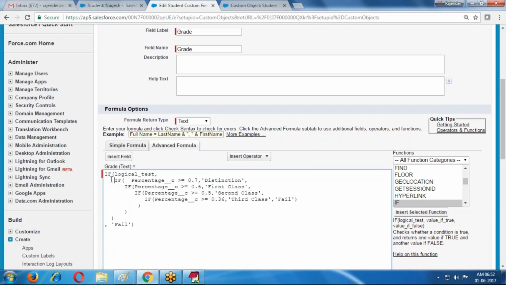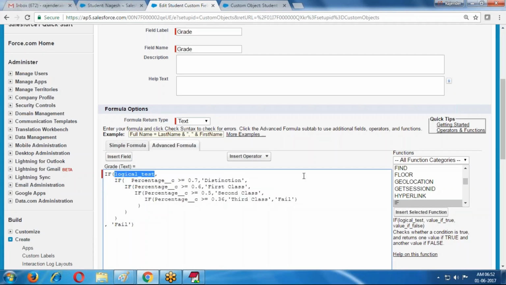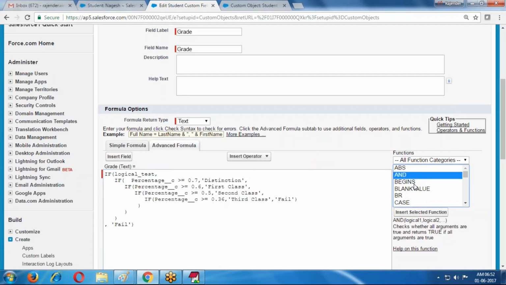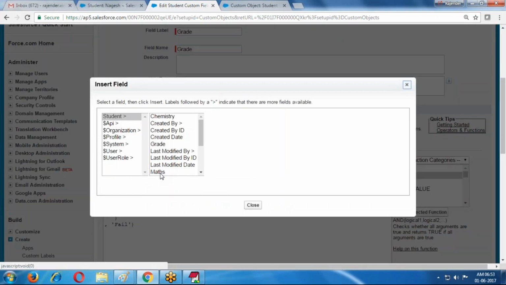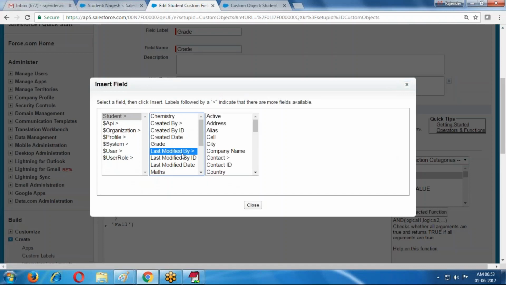What is the logic? The true value logic is executing. If the value is true, this logic executes and we get the output. If the logic is false, Fail is executing. What is the logic? For this, AND is the logic. In the AND case, we are providing fields. Maths is one field, greater than or equal to 36. It is not a percentage, so that is the reason we are taking 36 only. One more field, Physics,